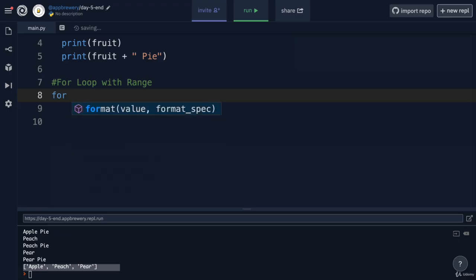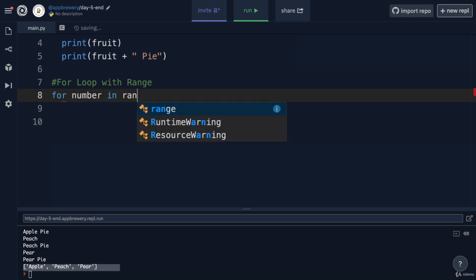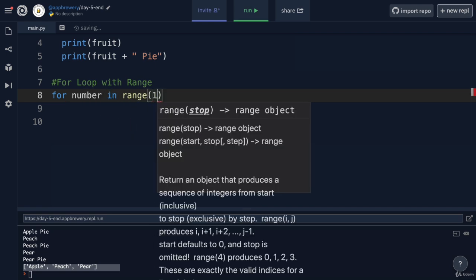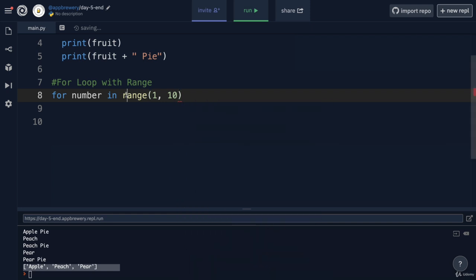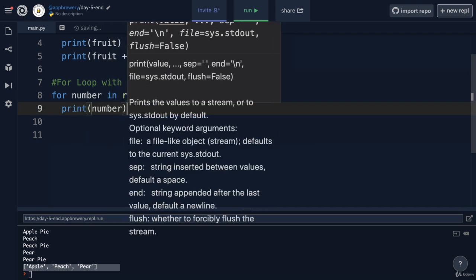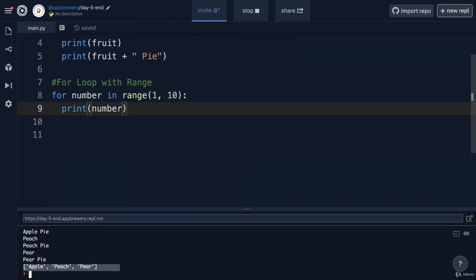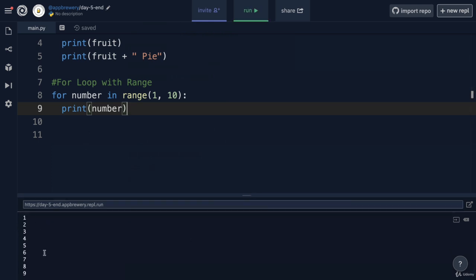So for example, if I wrote for number in range, and then my range is going to be 1, 10. So this is going to be the range that I'm going to create between 1 and 10, and then I want to get hold of each of the numbers inside that range. And this is going to be between 1 and 10 and not including 10. So if I go ahead and print out the number that I create from my for loop, then you'll see that what happens is it prints 1, 2, 3, 4, 5, 6, 7, 8, 9, but not the last digit,